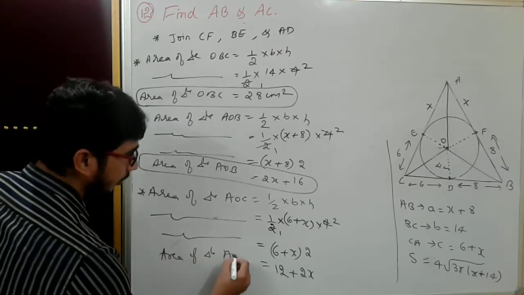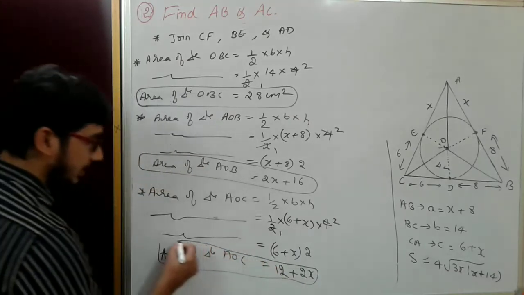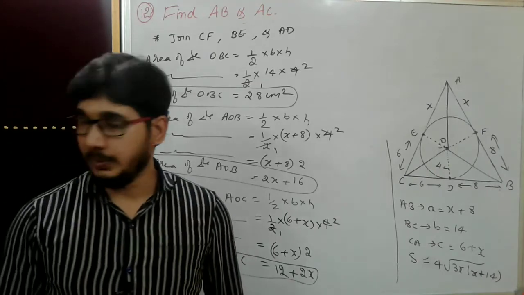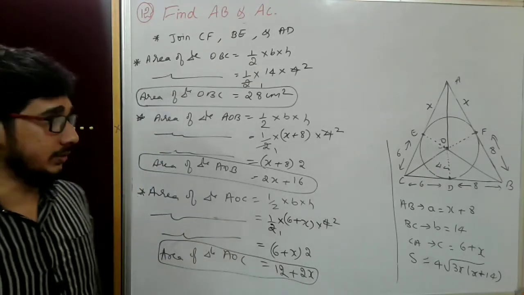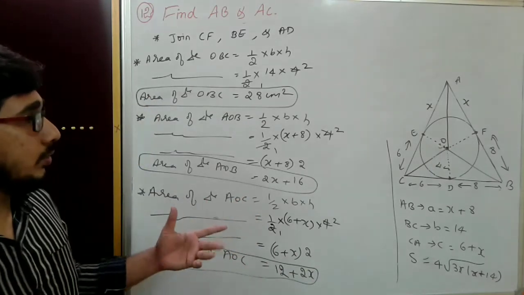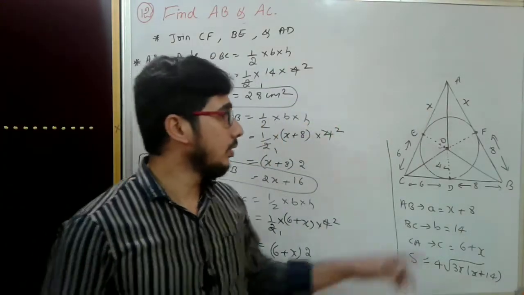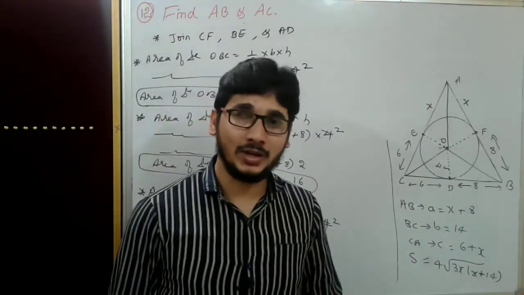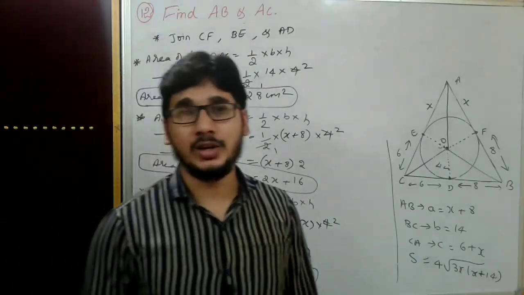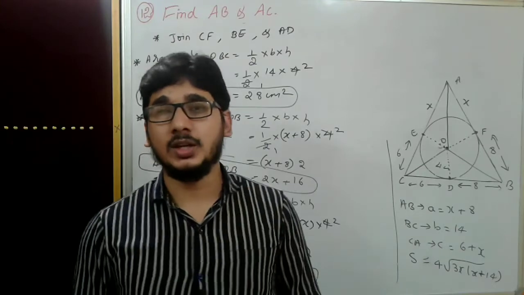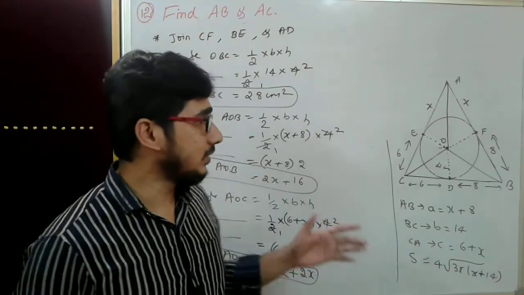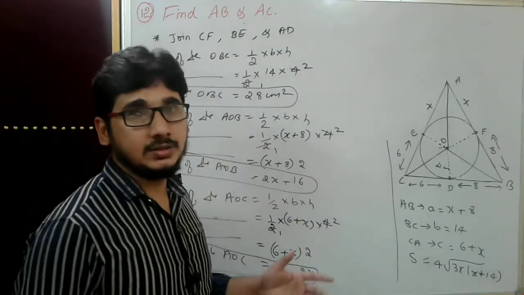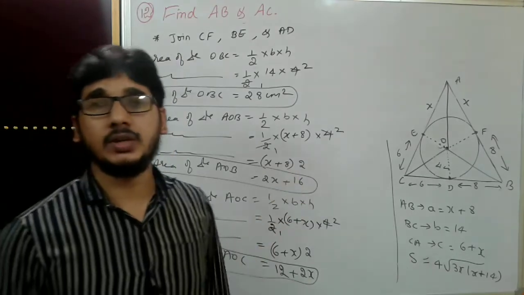Students, one thing I wanted to tell. I know this is a little bit of a big problem, but it is easy. It's not difficult. You have to practice it. If you practice, you will definitely get around 3 marks. First we got the complete area, now we got the area by parts. Now we will equate, that's all. Then we will get one equation, and we have to factorize it. Definitely you can solve it. It just needs some patience. Once you practice very well, you can solve it very quickly in the examination also.